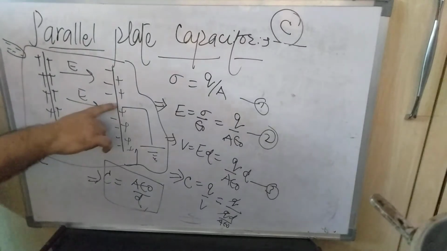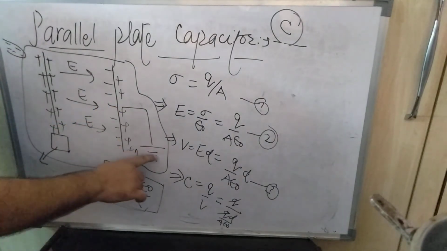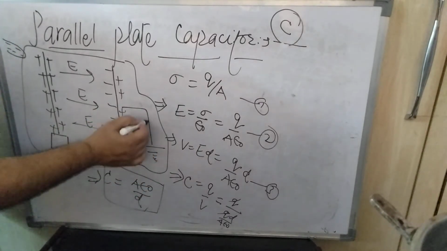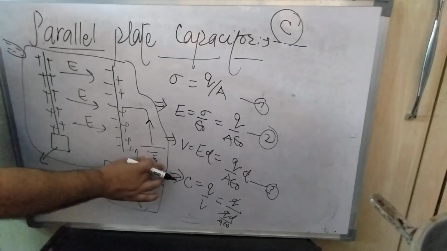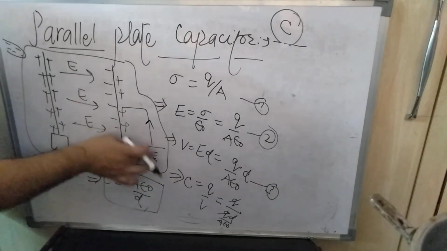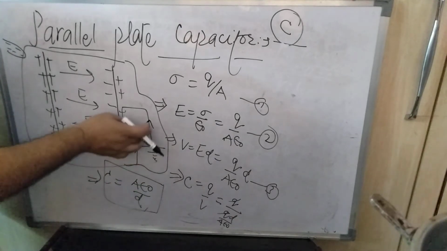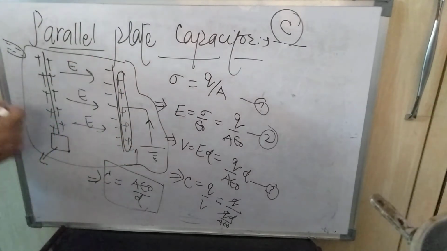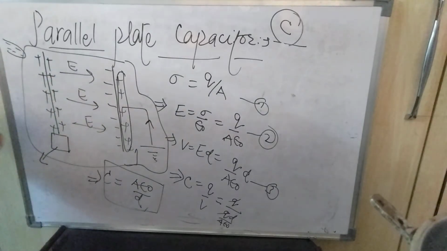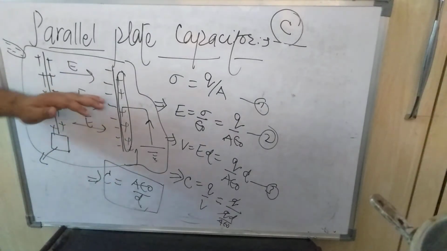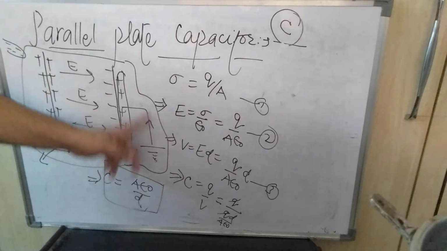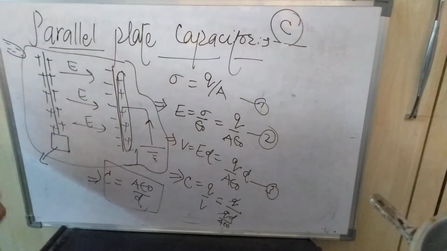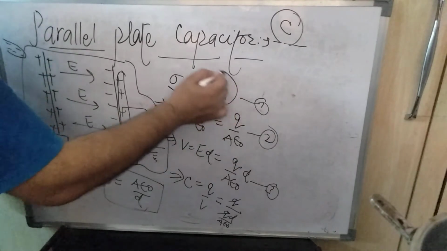Now what we have to do is connect the secondary plate by means of a wire through the earth. Why? Because the electrons will come out through the earth, since earth is a very good conductor of electricity. That's why the electrons will come out through the earth and pass through the wire, and it is going to neutralize the positive charge. This charge will be neutralized. When it becomes neutral, then the amount of charge on each plate will have the same surface charge density. That's why we connect the outer end of the secondary plate to the earth. Now we can find out the surface charge density on each plate.